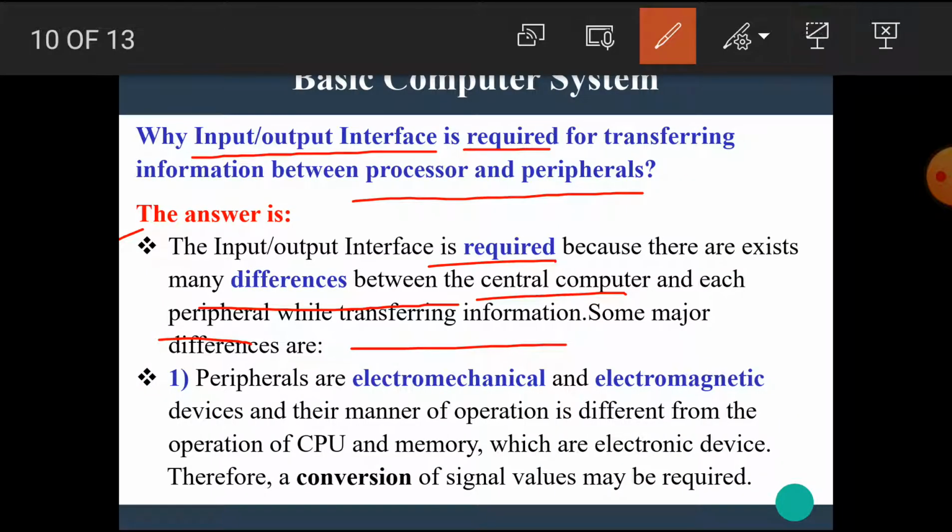Let's see the differences between the CPU and the input output peripheral devices. Peripherals are electromechanical and electromagnetic devices, and their manner of operation is different from the operation of the CPU and memory, which are electronic devices. Therefore, a conversion of signal values may be required. For example, if we connect a